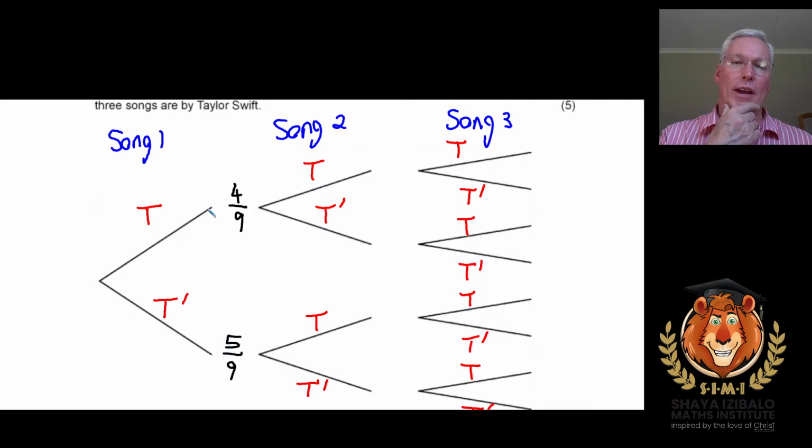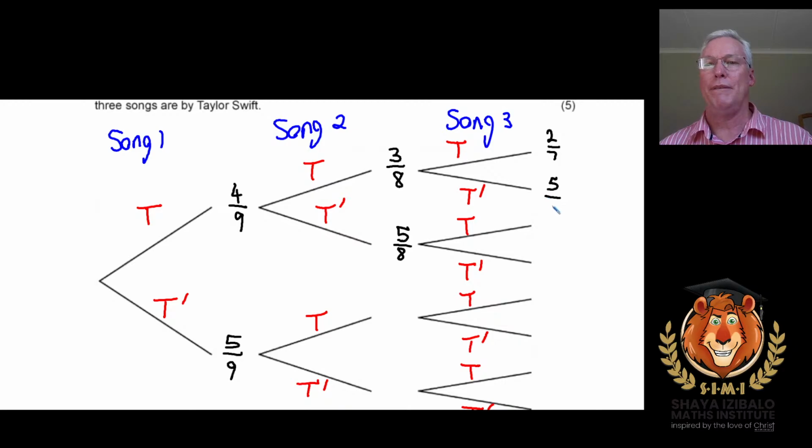Now, if a Taylor Swift song is played, then that one won't play again. So now there's only 3 Taylor Swift songs out of 8 to play, which means that this must be 5 out of 8, which makes sense because the non-Taylor Swift songs haven't played yet, and so on and so forth. This will be 2 out of 7. This must be 5 out of 7. Here, one of each is played, so this, in fact, will be